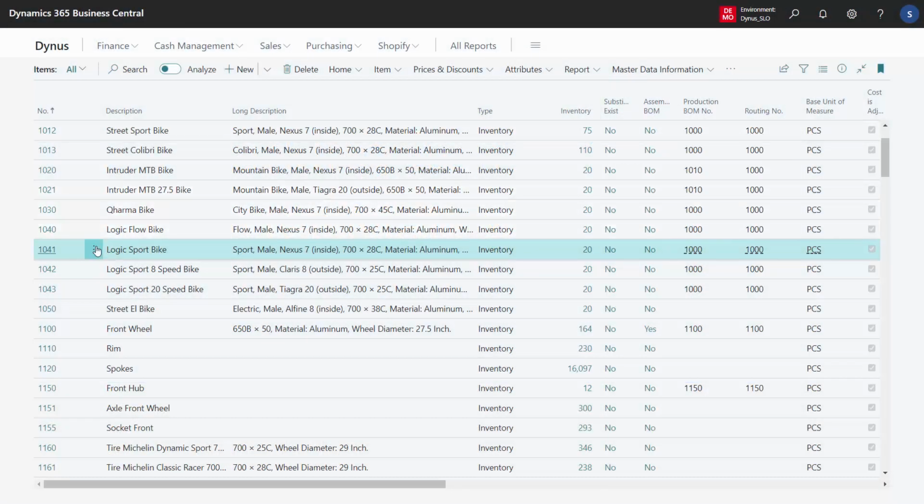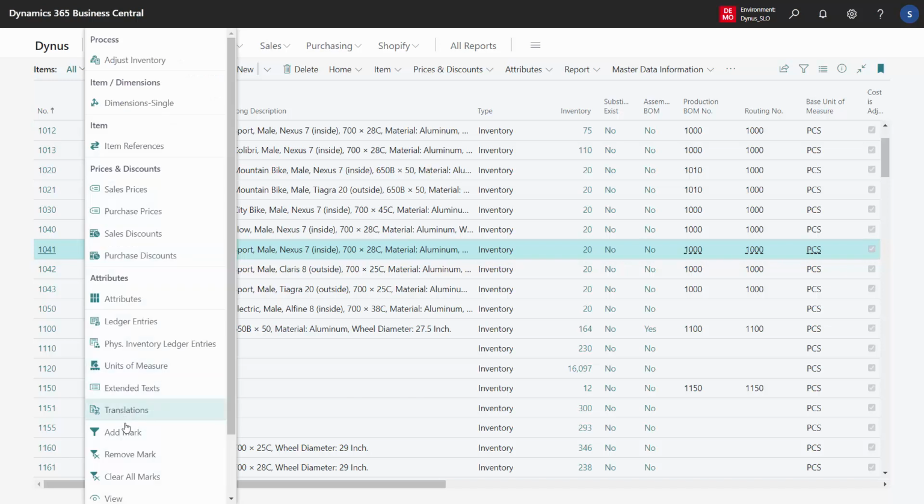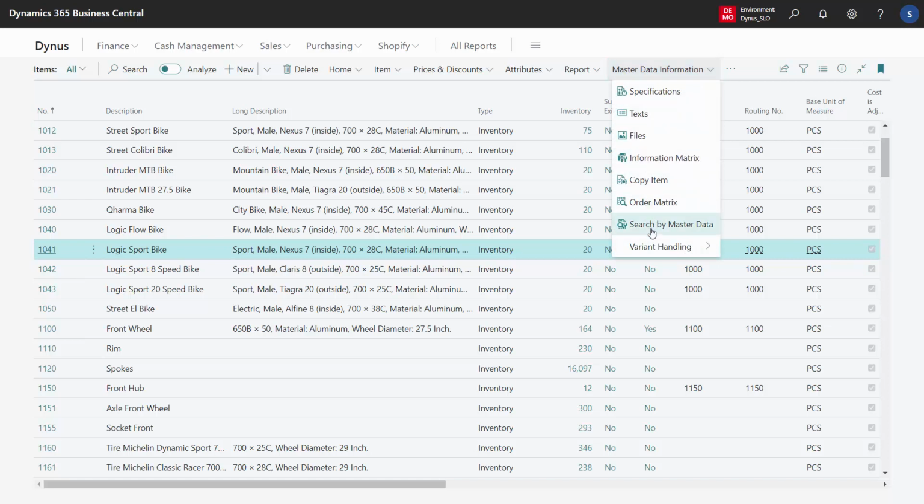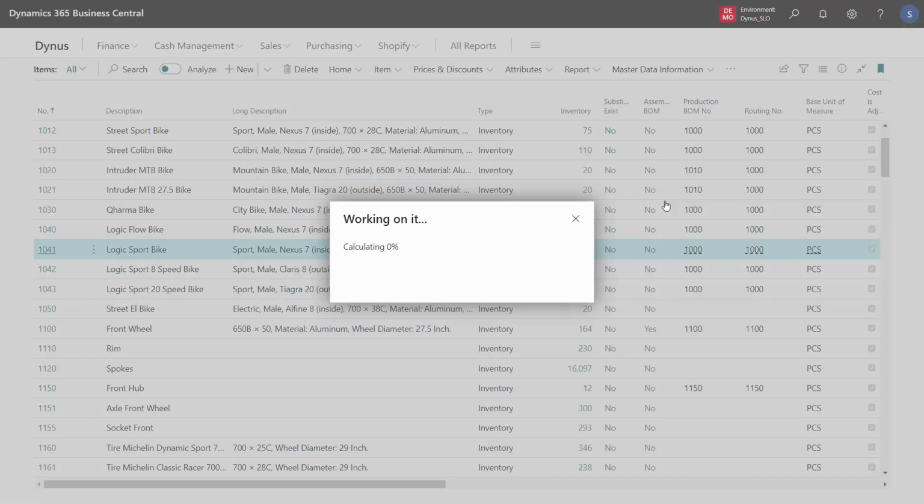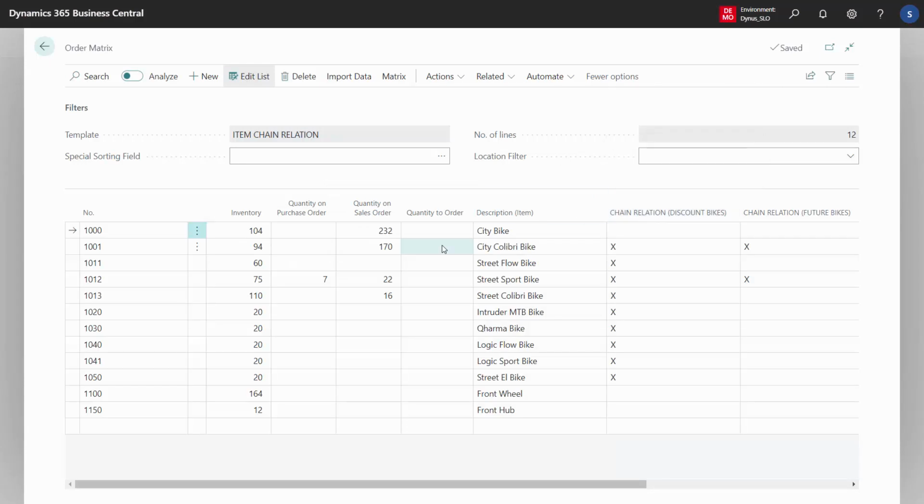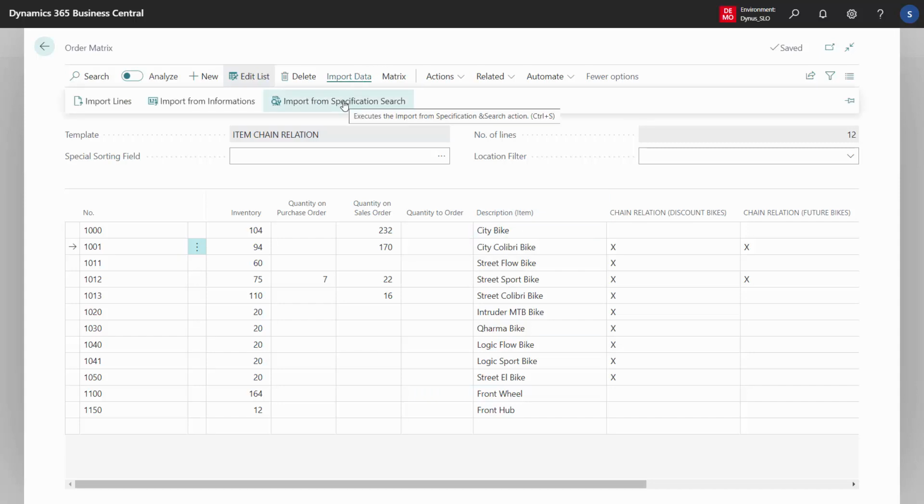It's possible to mark items directly on the item list with the search functionality, search by master data, but also if you're working in the order matrix that looks a little like the information matrix. The order matrix is meant for ordering purposes, but here you can also import data from specification search and thereby build up your list. So maybe if you're using this functionality to create orders for vendors or pre-orders or whatever